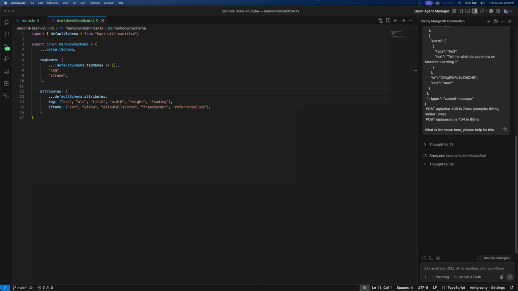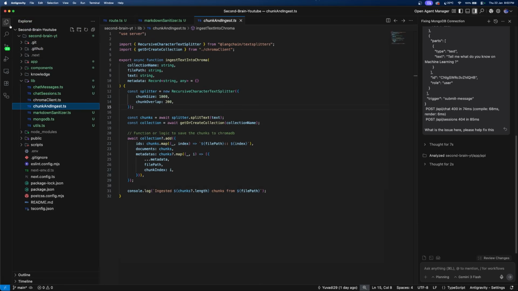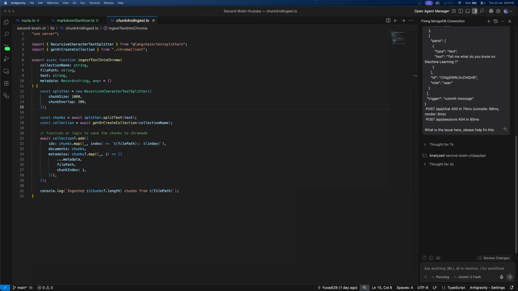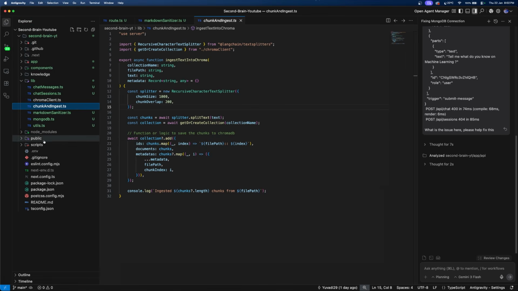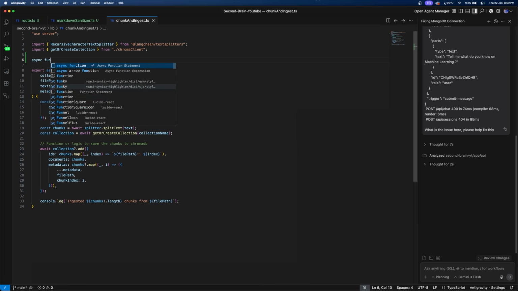After we have created the markdown sanitizer, the next thing for us is to now update the chunk and ingest logic. Okay, remember if we had created this chunk and ingest.ts file, which will help us chunk and ingest the text that we have into the database. So what we will be doing here, for all the files that we have for images, we will store the images inside the public folder. So that it becomes very easy for the LLM to access it and then chunk it and then store it into the database. For this, we'll create a function with the name async function